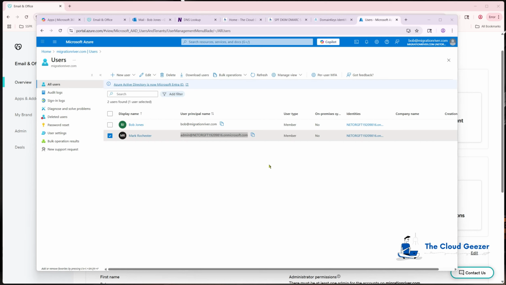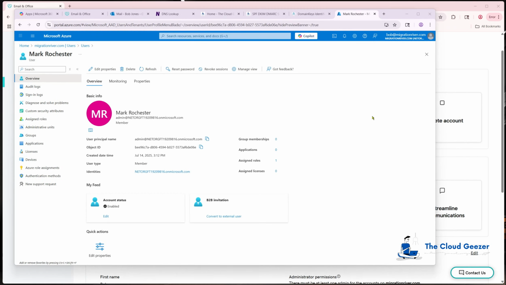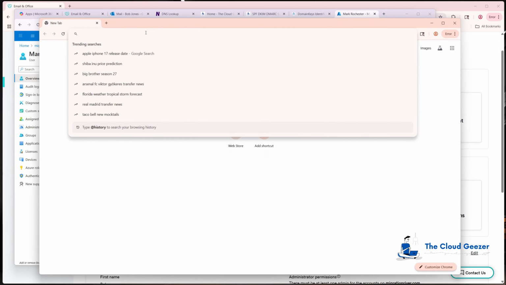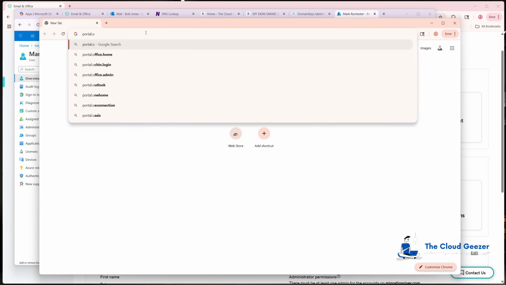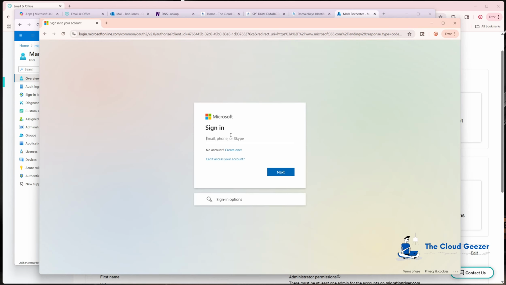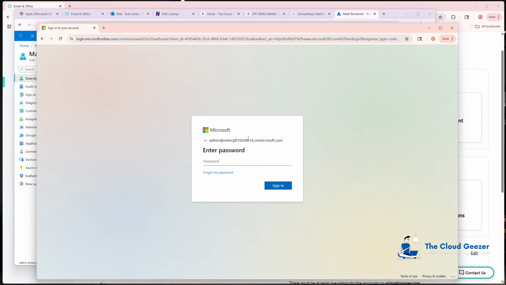So, first one here, I'll go into this account, and I need to go and reset the password, which is this one here, which I will set. So that's done. Obviously, it's come up with the temporary password which it needs. So now I'm going to have a brand new profile. So I can now go into portal.office.com, which is our normal M365 item here. And I'm going to paste in that address, which, as you can see, is that admin account with the onmicrosoft.com. Hit next, and you can see it's not binding across to GoDaddy